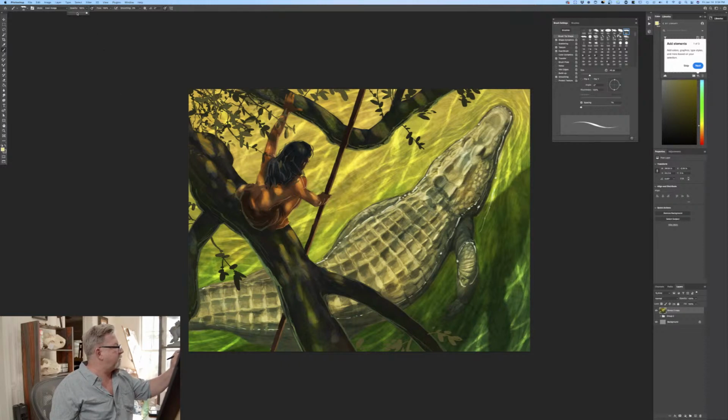Color dodge. I'm setting my blend mode to color dodge on my paintbrush. I kind of come in here and